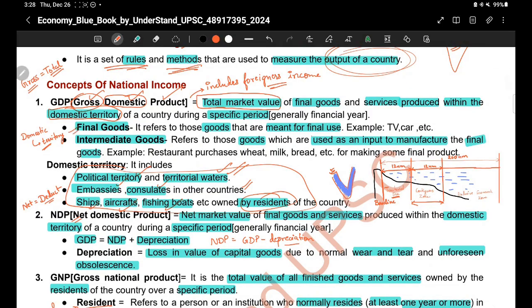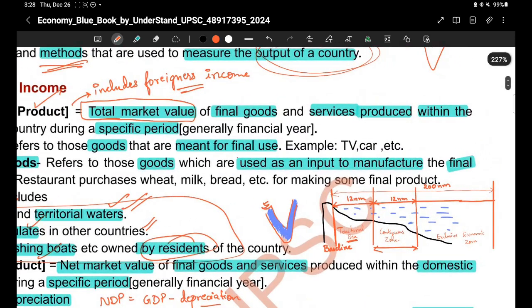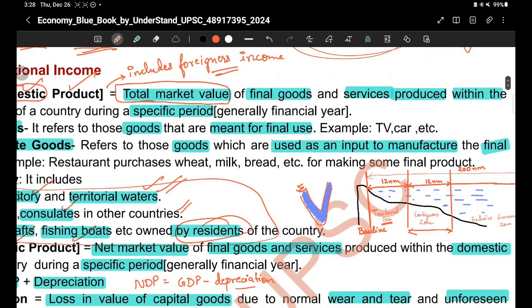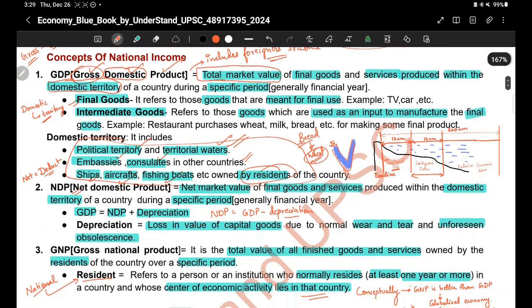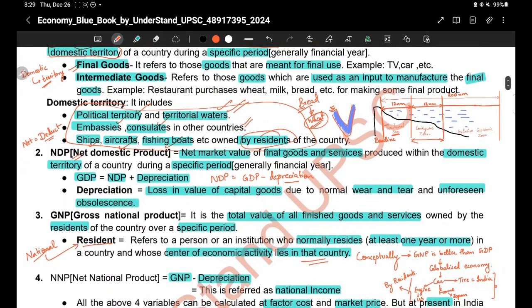Then final goods. What are final goods? It refers to the goods that are meant for final use. Example, like TV, car, and all for the consumer side. Intermediate goods refers to those goods which are used as input to manufacture the final goods. Right? For example, what is needed to make bread? Wheat is needed, right? So this is an intermediate good and this is the final good. Okay, we are done with that. Now